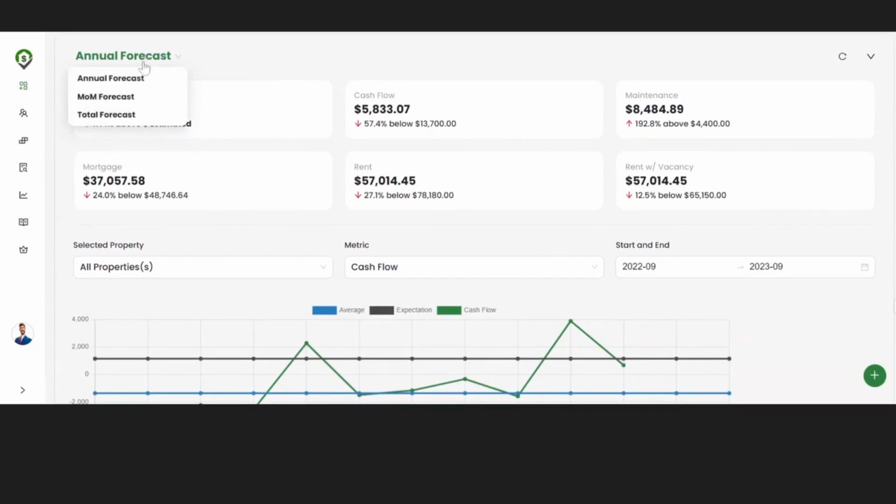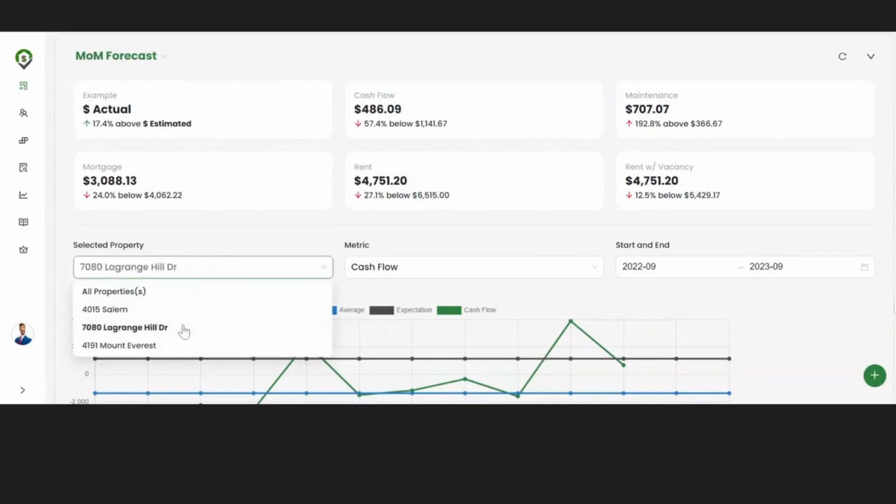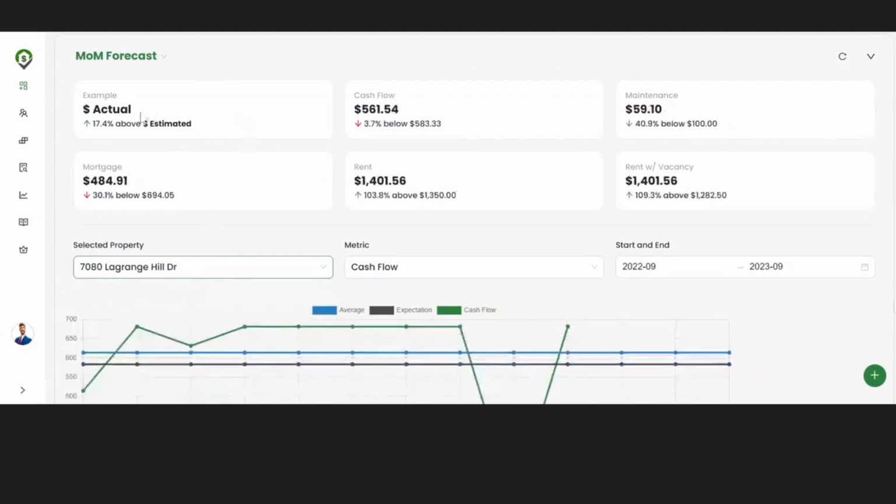You can break this down annually, month over month, total forecast as per when you purchase an investment property. But if I break this down month over month and I focus on a particular property, here's an investment property I own in Tennessee. You have your dummy card here, so you have your actual and your big bold number here. You have the percentage delta, and then you have your estimated amount. So for month over month forecast for this investment property, I thought my cash flow month over month was approximately going to be